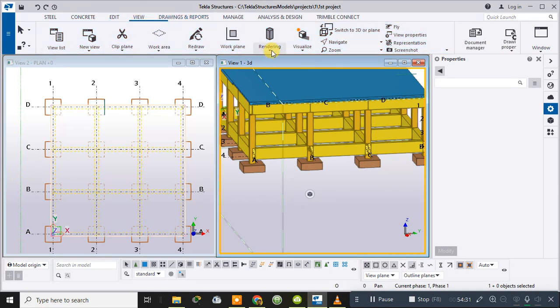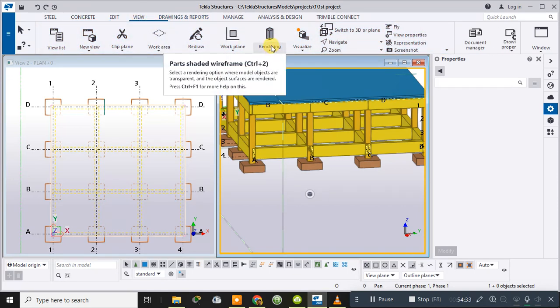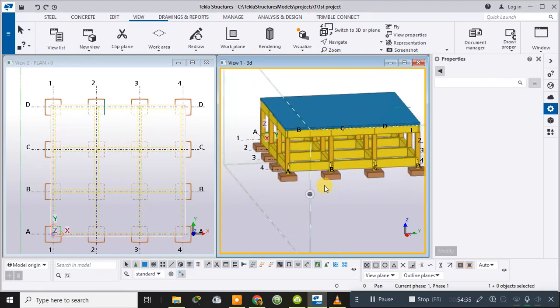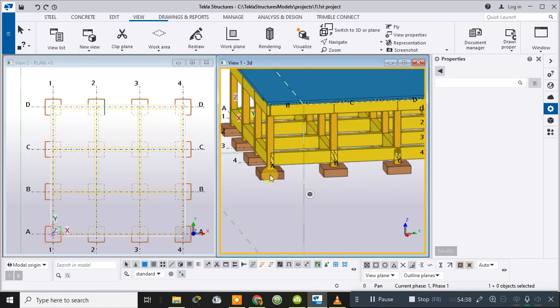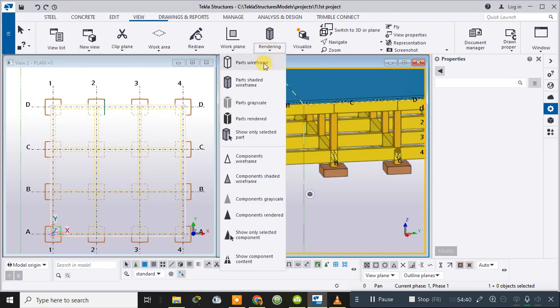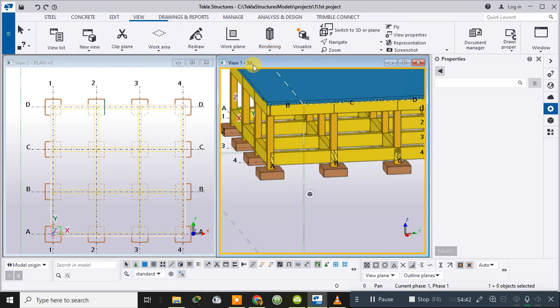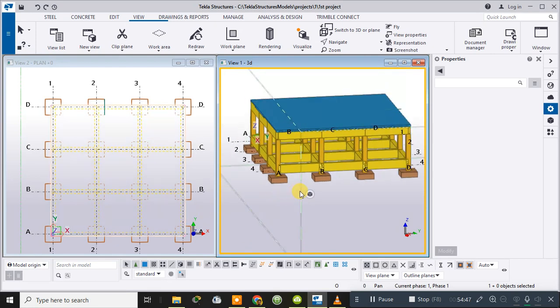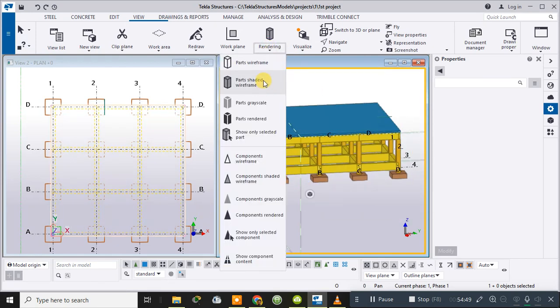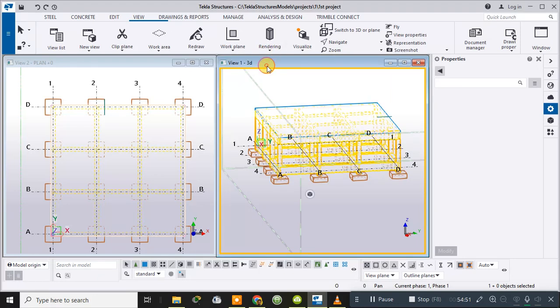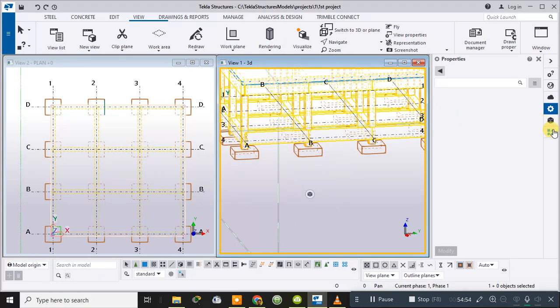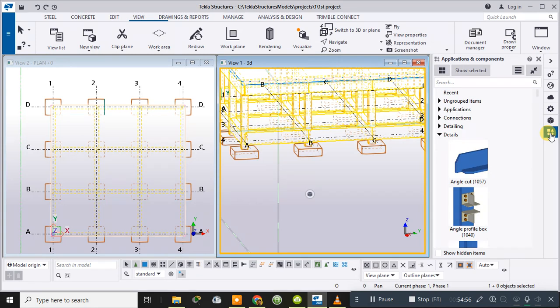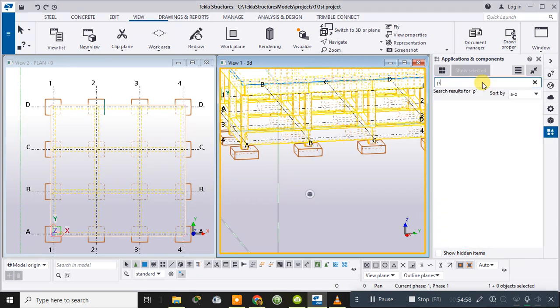After going to the view, you need to go here, show on parts wireframe, okay, or in this manner, or simply parts wireframe. After that, go to this portion. After going to this portion, write as pad. This is pad footing reinforcements. Now click it here